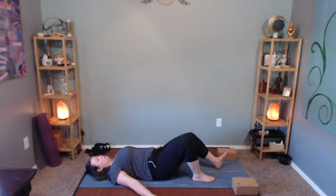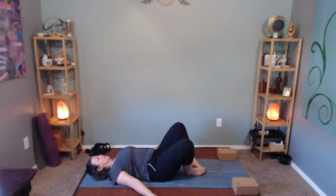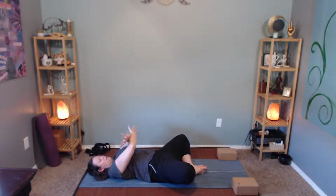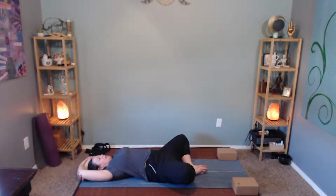I'm going to do one more pose before we go into Shavasana. Bring the soles of the feet together and let the knees open wide. If you want to place your blocks underneath your knees, you certainly can. Arms can stay at the sides, palms up, or if you like, you can clasp the outsides of your elbows and let the arms rest overhead. Totally up to you. Taking a few breaths here